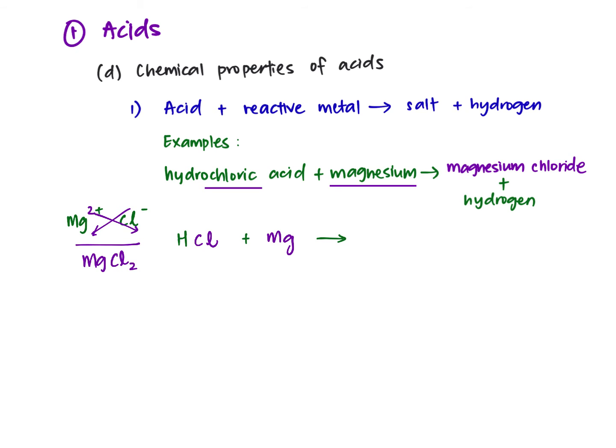So the salt magnesium chloride has a formula of MgCl2. Hydrogen is a gas and exists as a diatomic molecule, so H2. Now, then balance. To balance, I will put a 2 in front of HCl